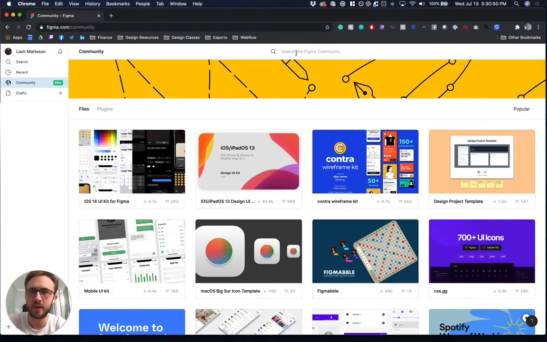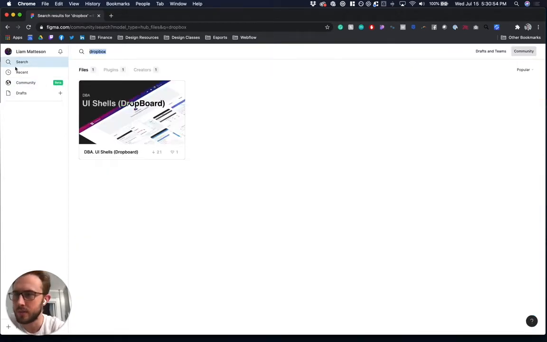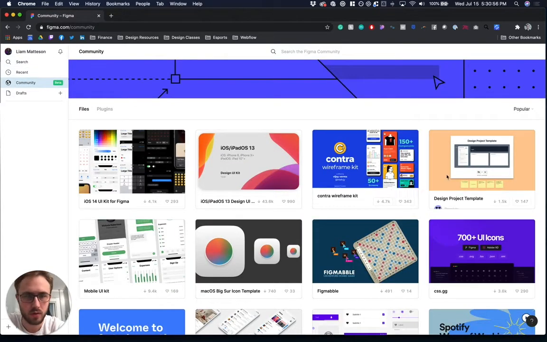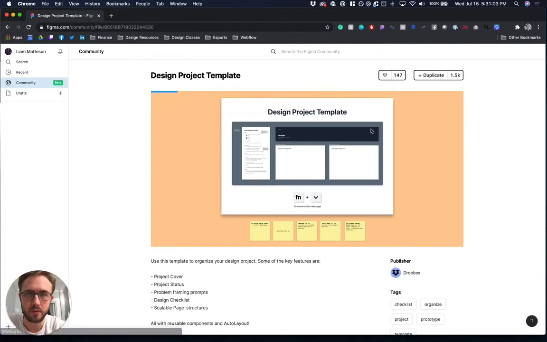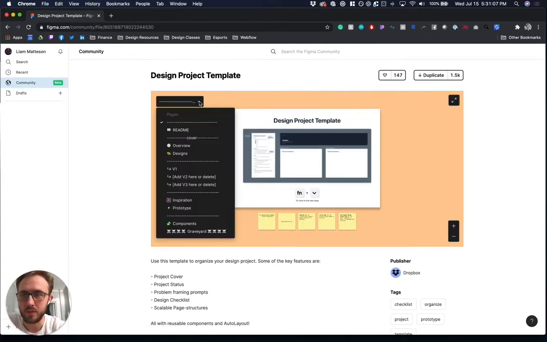So then going back, there's one here that I really have loved. And actually, maybe it's showing up. Yeah, so it's recently released by Dropbox. It has 1.5 thousand downloads. And it's this design project template. And what you can do is actually go in here and you can see that they've set up